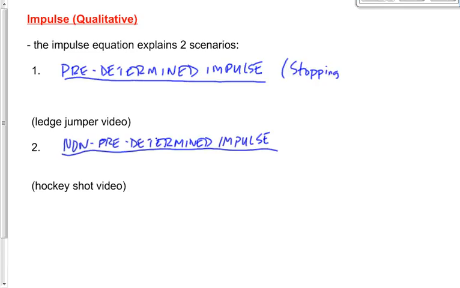Now, when an object is stopping, we know what its impulse will be based on the initial conditions of that object. An object is moving down a path, down a road, down a sidewalk, through the air, if it's an airplane. If we know its mass and we know its velocity and we know that object is going to come to a stop, we know what its impulse will be no matter what. It doesn't matter whether it comes to a quick crashing stop or whether it comes to a slow gradual stop.